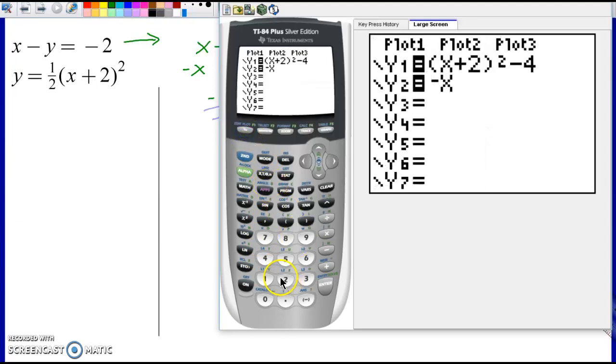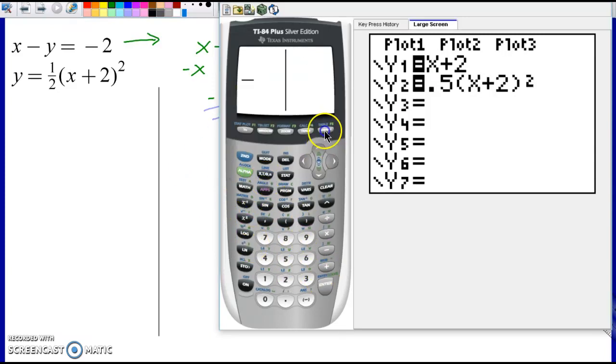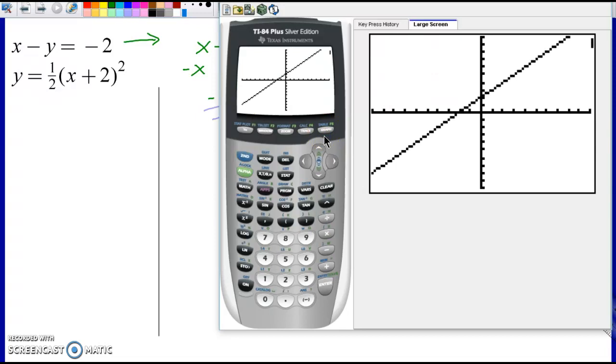So go here, and then just clear those out by hitting the clear button. So I got y equals clear, then I have, looks like 1/2, or I'm sorry, y equals x plus 2, so x plus 2. And the other one was 1/2, so 0.5, x plus 2 squared. Now if I hit graph, it'll show up here. And then you could use the intersection key to figure out the intersection